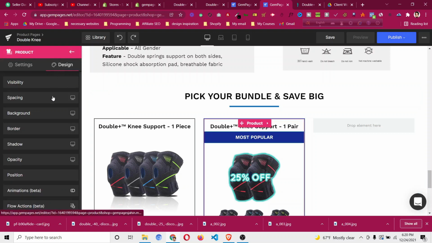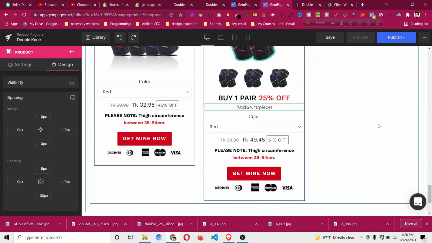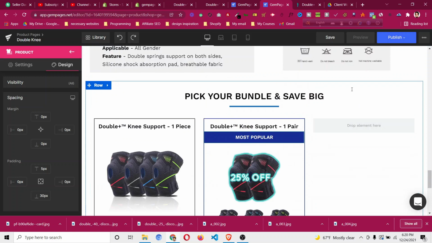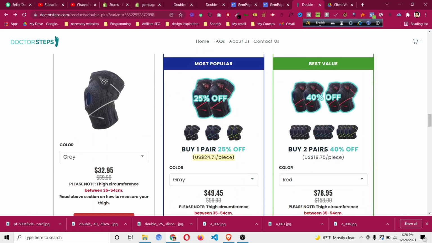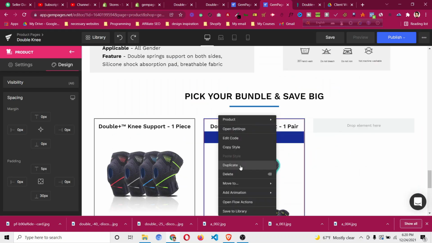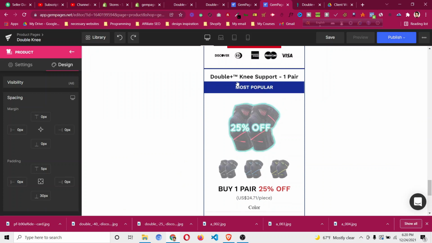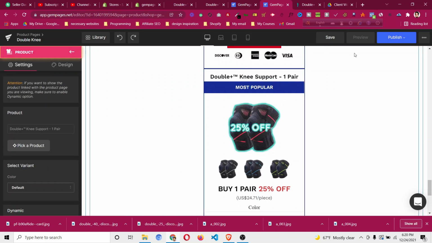So if you go to product and see the spacing, there is no spacing, right? Okay, now the last one is similar, only the color will be changed. So if this is similar, we can copy this one, because this is most likely to be similar to this one. So I can just duplicate this product area and then drag it